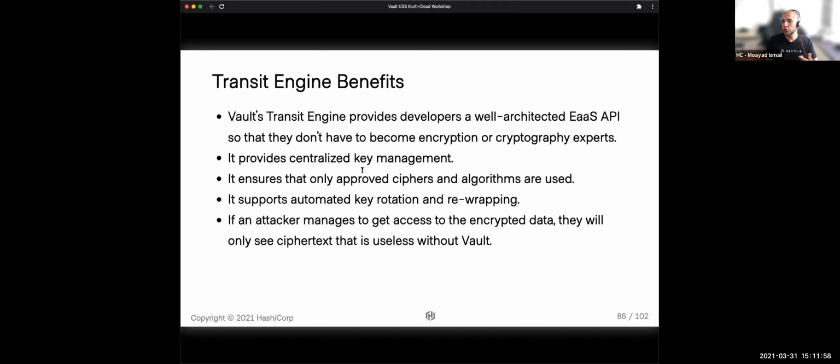You also have the ability to do key rotations and rewrapping of the data to use the newer encryption keys. Even if an attacker manages to get access to the encrypted data, they'll only see ciphertext. And because you're doing constant rotations and using new keys, that also improves the security of your data.